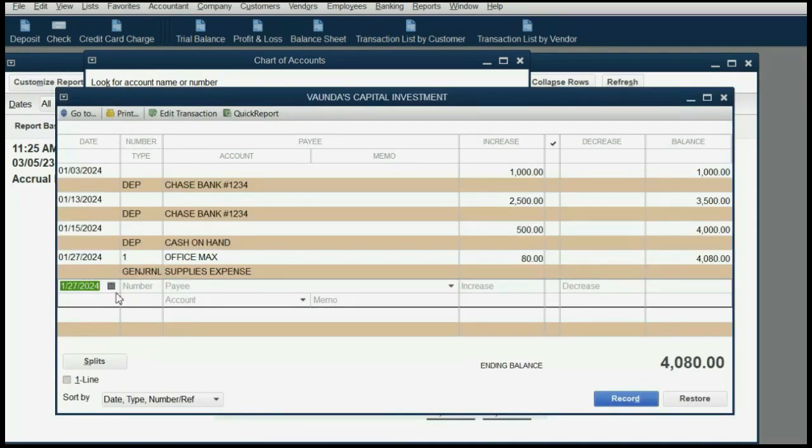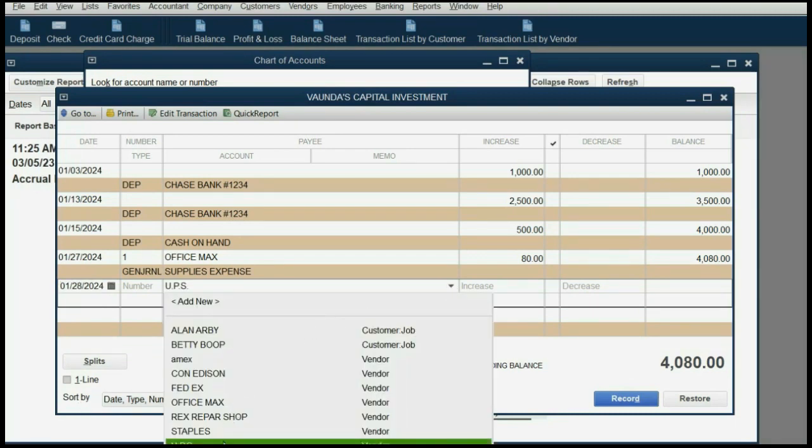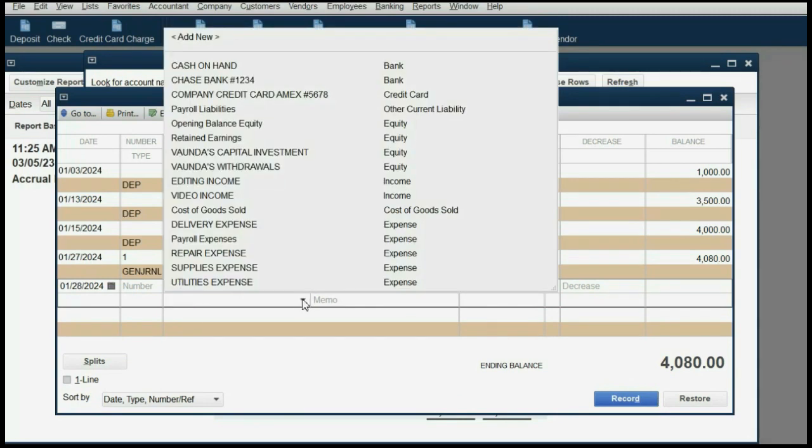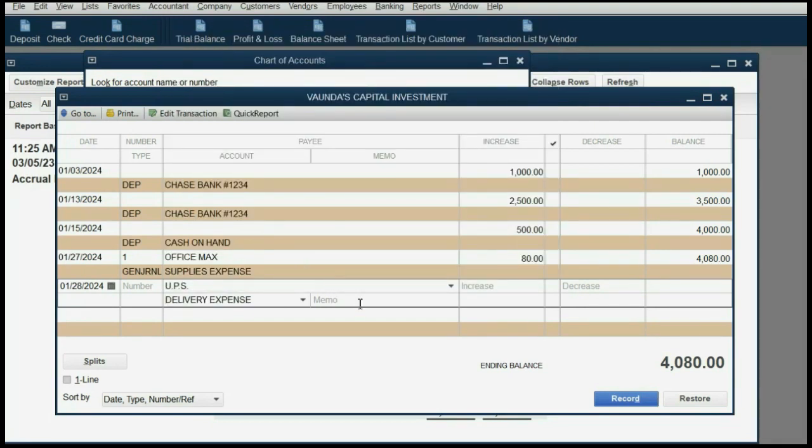Register. Now we advance the date to the proper date of the transaction. We were paying UPS, and we were paying for delivery, we were paying delivery expense. And of course, the memo, or really the number should be here. Even if the owner pays from their pocket, you should still include the source document number. And the money amount always goes in the increase column,